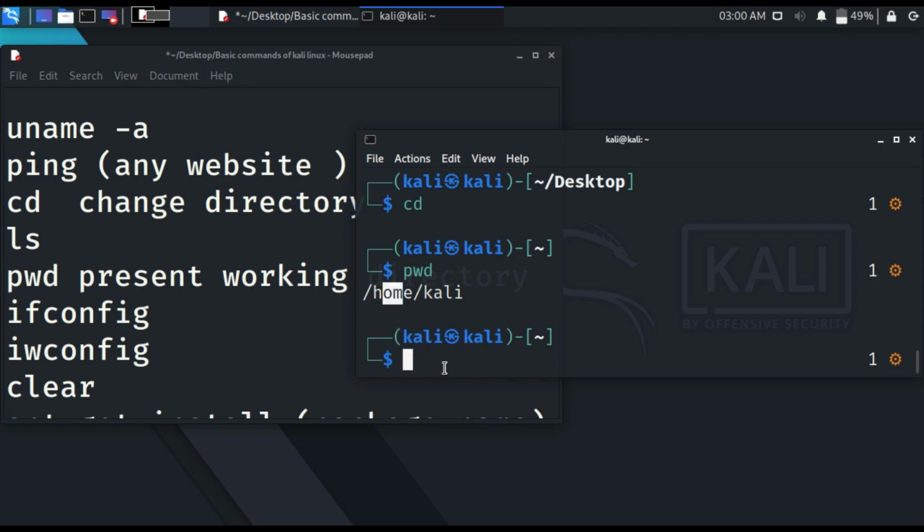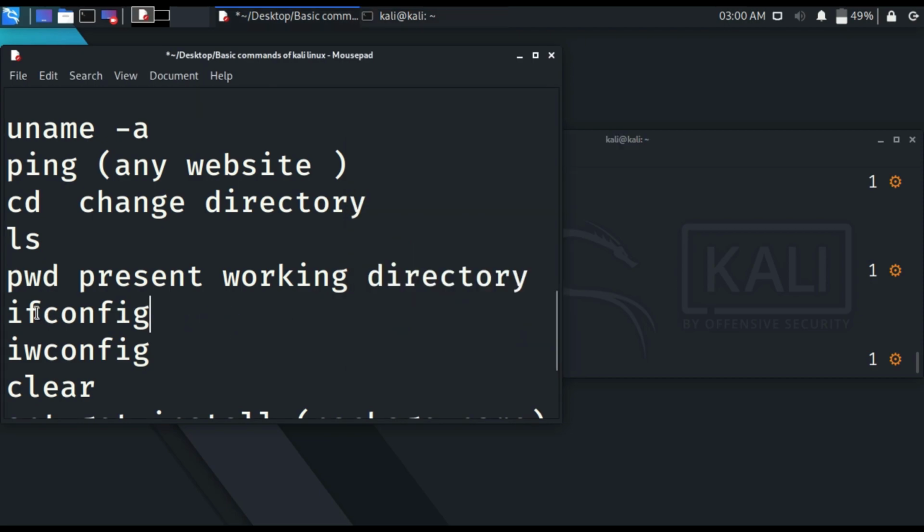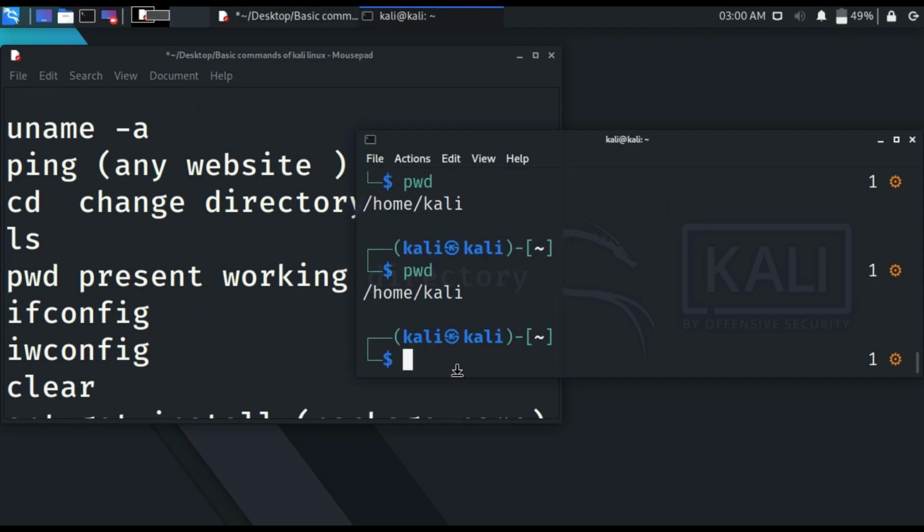This command is also useful. Like if I'm doing some work and I am in some directory which is going deep and deep, I will write pwd and copy this, and I will go back and write this again. By this, I will manage my time. This will take less time to do. So this command is also useful. And the next command we have is ifconfig.